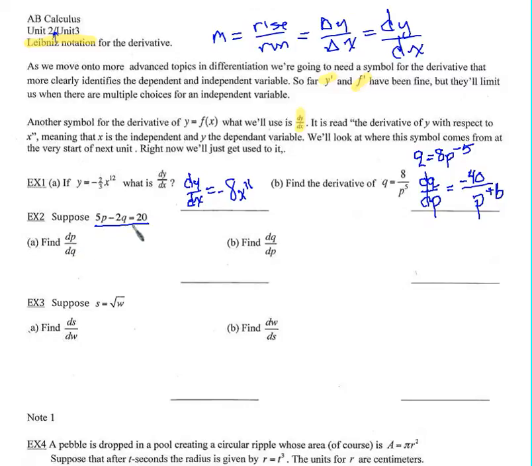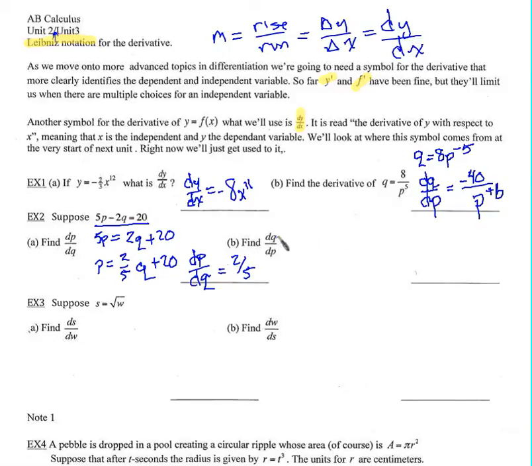So we're going to take this and we're going to solve it for p first. So we'll get 5p is equal to 2q plus 20, and then divide everything by 5, and we get p is equal to 2/5 q plus 20, and then we're going to take the derivative of this, or the other way to say it is we're looking for the slope. How much change in p do we get for every change in q? And dp dq is equal to